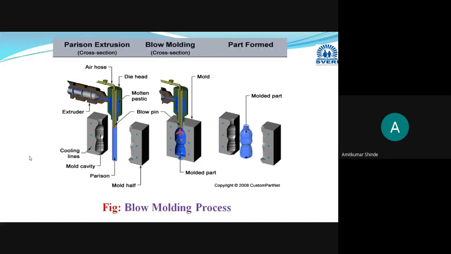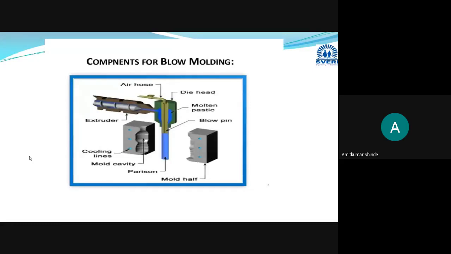Now with the help of this diagram I will explain those stages. Before that I will go towards the basic components. Any blow molding machine will consist of these basic components. The first component here, this is blue colored. This faint blue color component is termed as the parison. Parison is nothing but a small hollow tube, and we have already heated it. A small heated hollow tube will be there, and there is one hole present at the center, and through this we are going to blow the air.